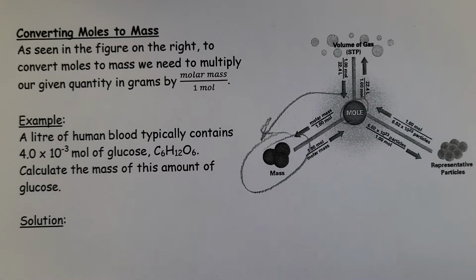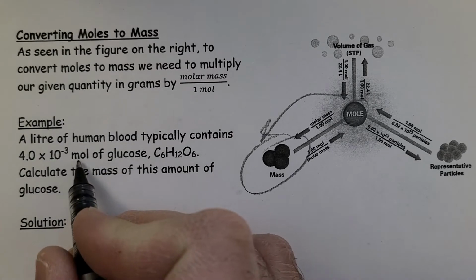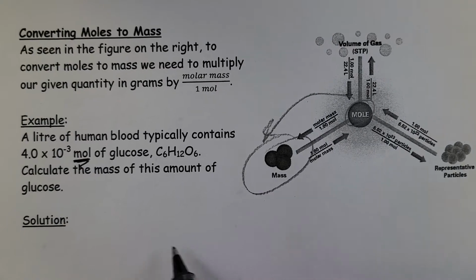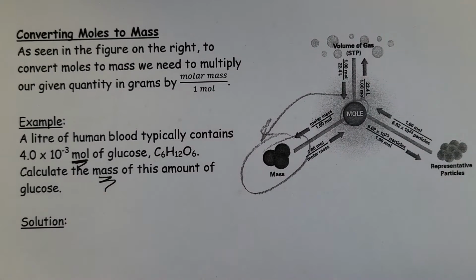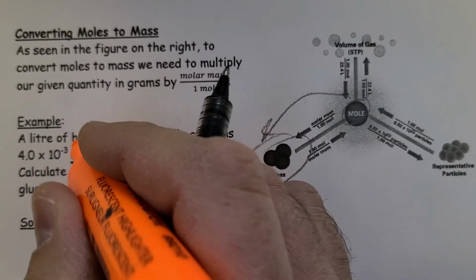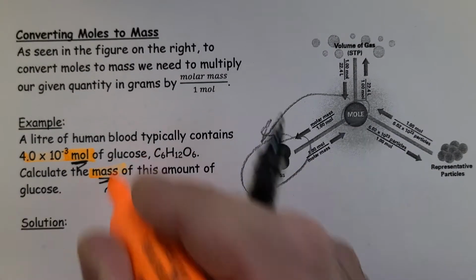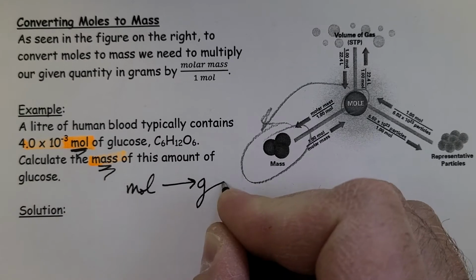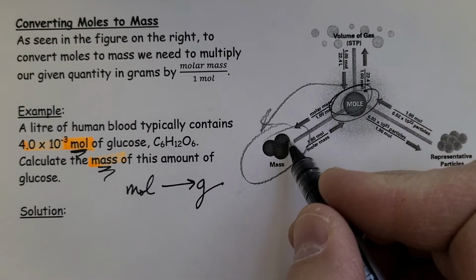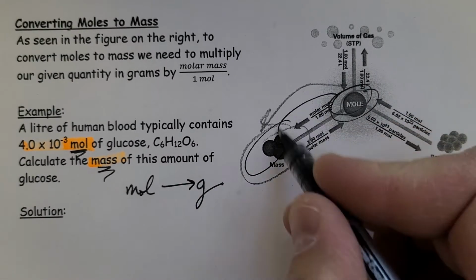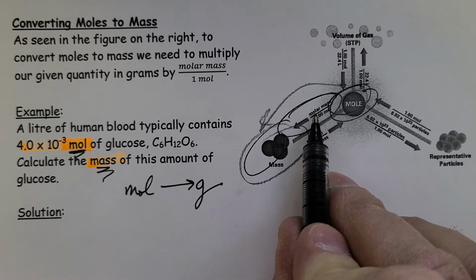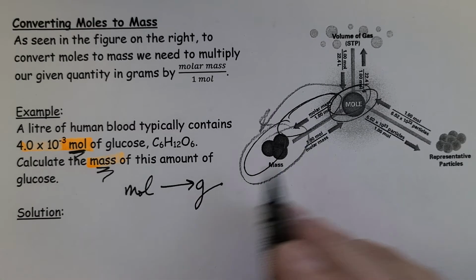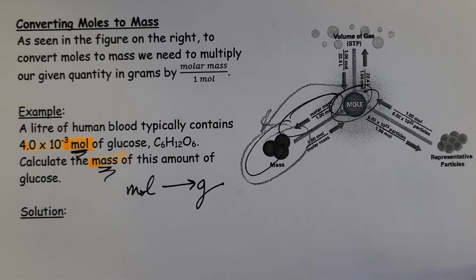A liter of human blood typically contains 4.0 times 10 to the minus 3 moles of glucose. Calculate the mass that this is equivalent to. So we're starting with moles and we're going to mass. So from moles to grams, moving this way, so you can see one molar mass over 1 mole. No matter which way we're looking at it, we're going to have to figure out the molar mass of